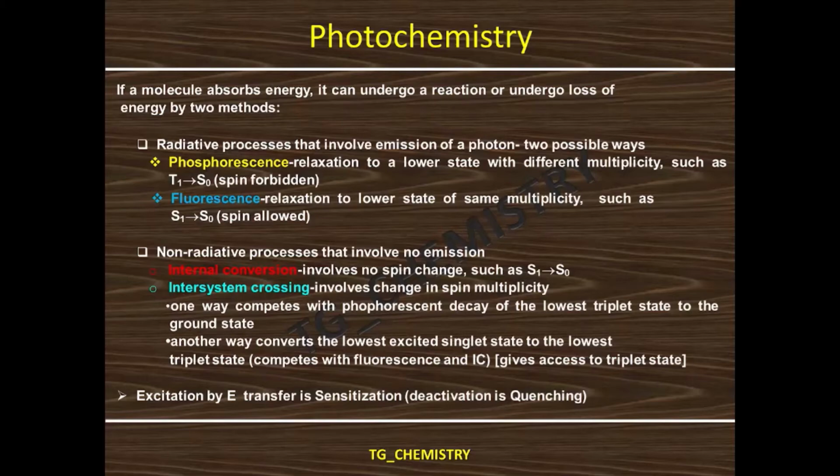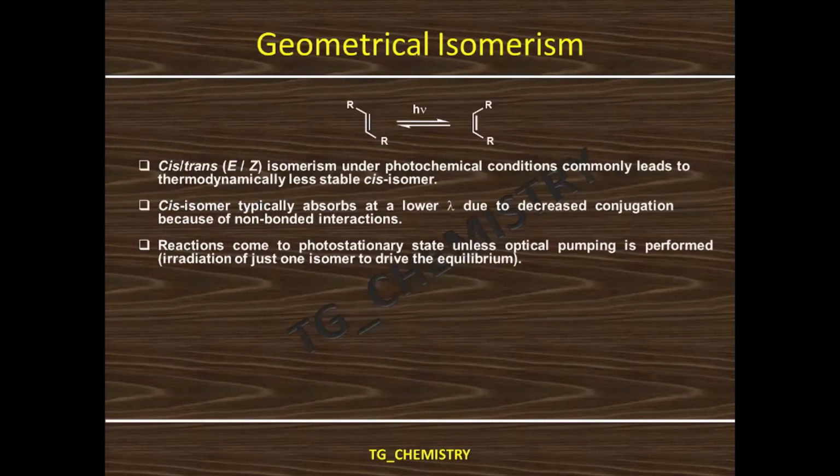So now I will be moving to alkene isomerism, or the geometrical isomerism in alkenes. Those are important phenomena, and for the formation of the lowest excited singlet state of simple alkenes, the phenomenon arises from the allowed pi to pi star transition for them. Now here, as you can see, a trans olefin upon photochemical irradiation is converted into the cis one